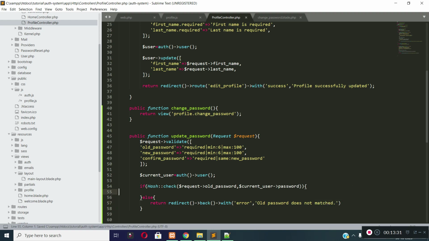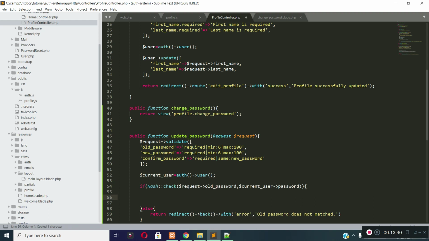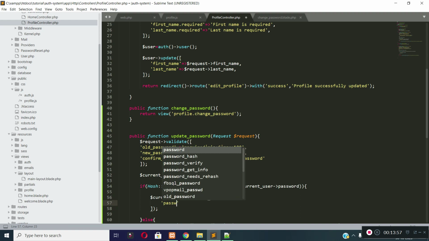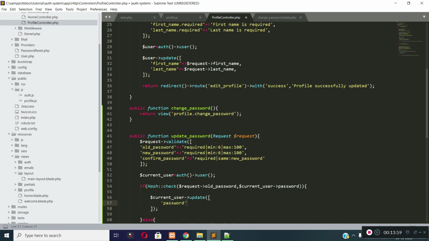And if the old password matches, then I will update the user's password. So let's copy this. I am updating the current user's password, so I will write current user update. Which field do I want to update? I want to update the user's password field, and by which value? By the user's new password value.